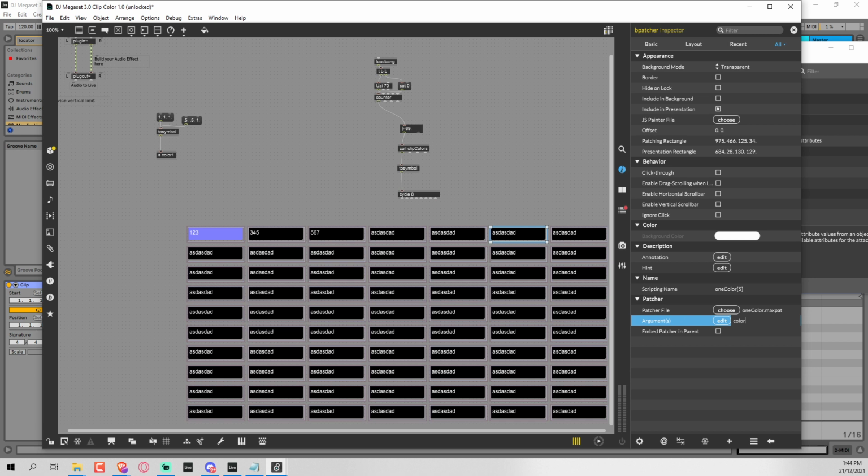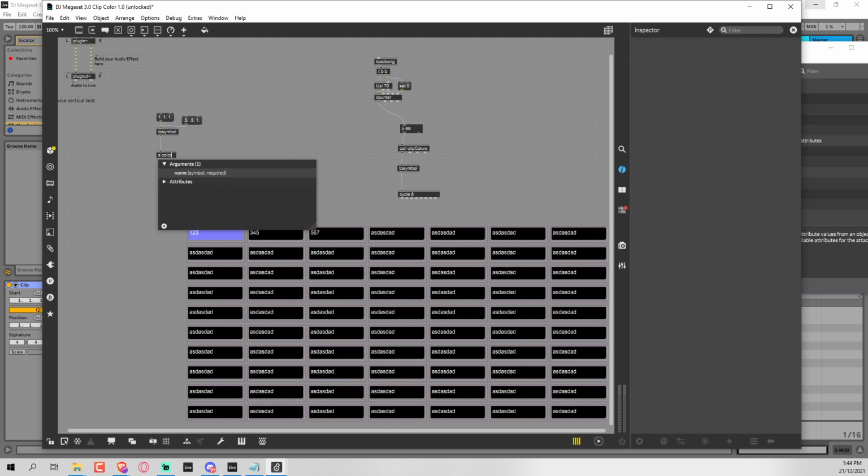Again, if you're a Max person and you can think of better ways of doing this, there's so many ways to go about doing this kind of stuff. I'm always open to learning quicker ways. So now that we have these, let me just test this. If I send this to color 5, you'll see this one changes. So that's good. Now we have to figure out a way to bang